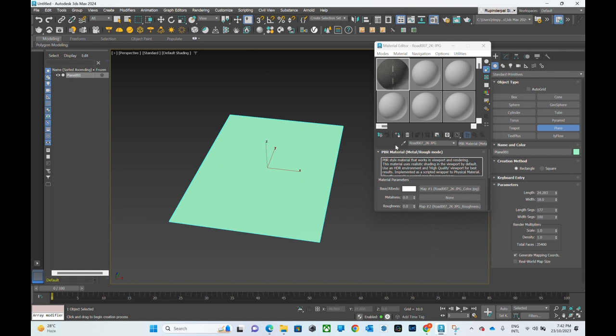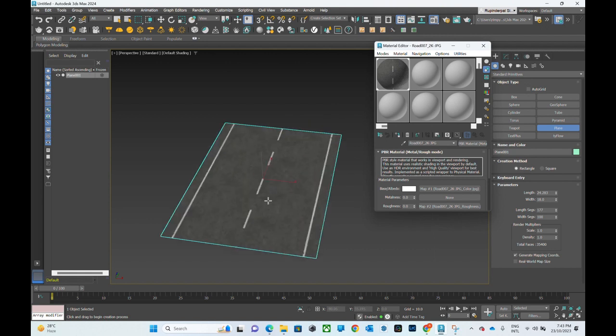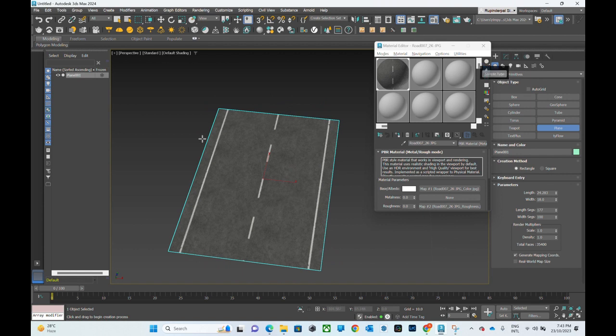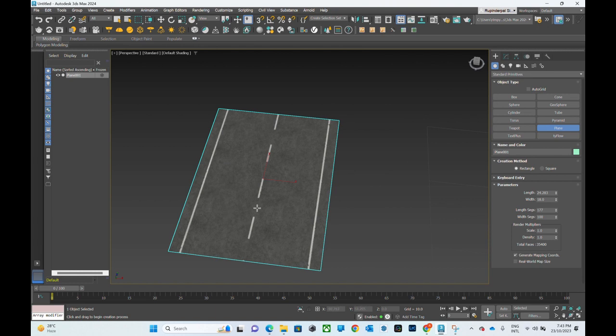And now to apply your material on the object that you want, you select the object, then click on assign material to selection, or you can simply click and drag the material onto your object and it will be applied. And one more helpful tip for you guys is, if the material that you have applied is not as per the scale of your desired model,